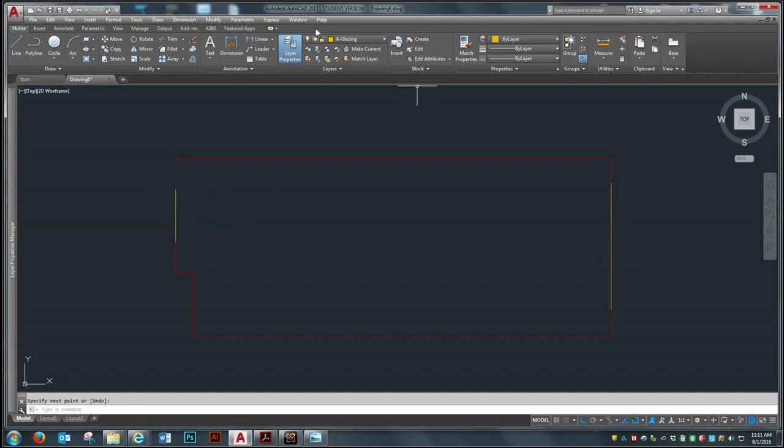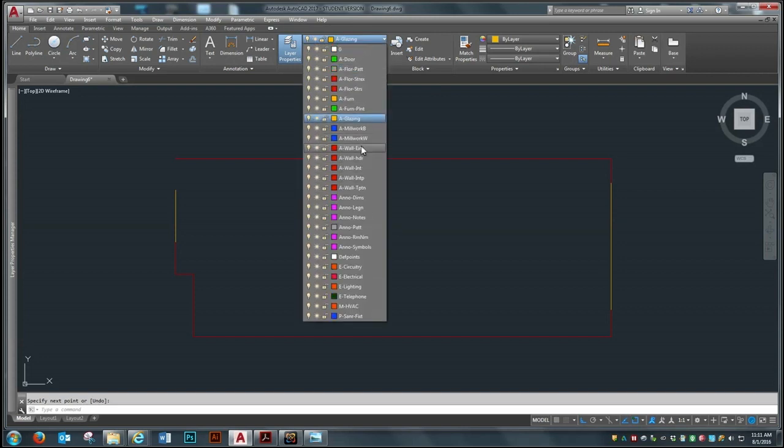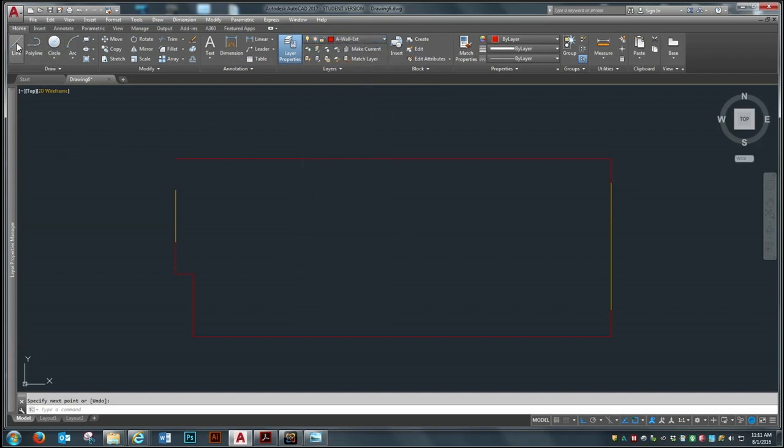and then I can change my current layer back to A wall exterior, line, connect the line, and then just drag my cursor up to the corner. When I get the green box, I'll click. I'm going to do this again for you. So line, did I get the green box? I'm going to click, go up here, green box, click, enter. Okay, that has the exterior walls of our